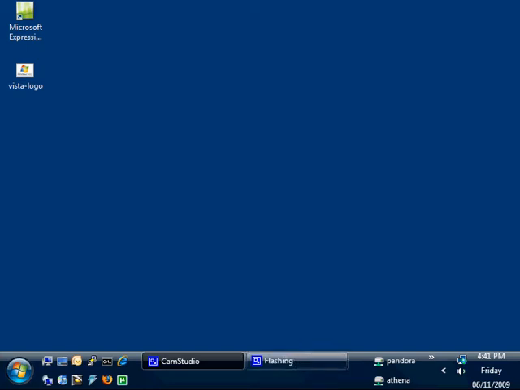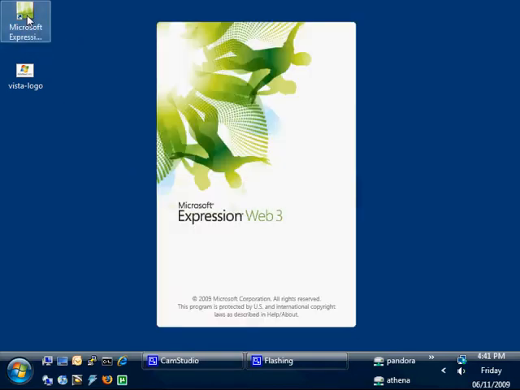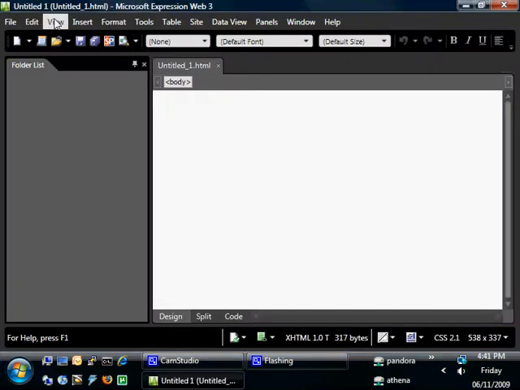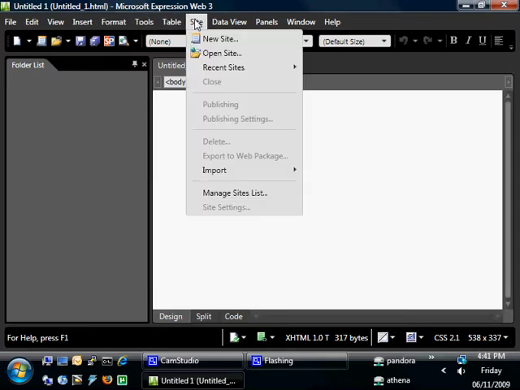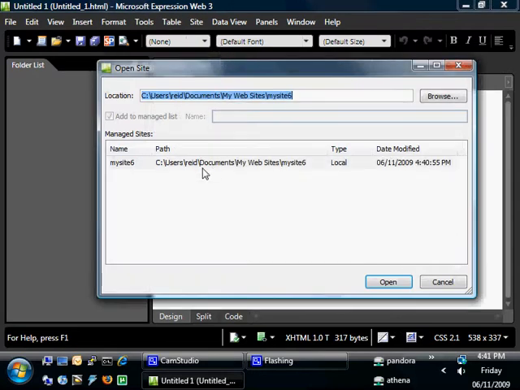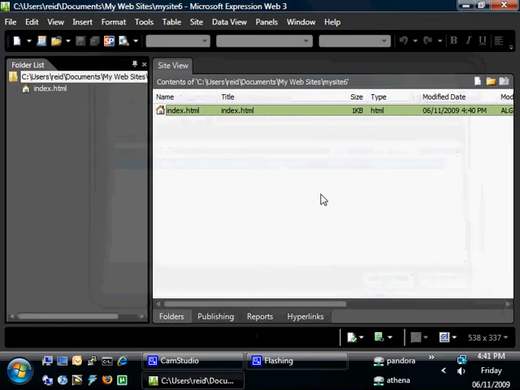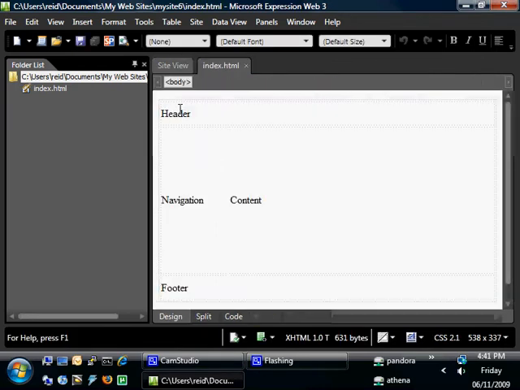This demonstration is a continuation of the last demonstration in which we created a basic layout of our first website. So let's open up that site that we just created by clicking on the Site menu, click Open Site, and if it's not showing up in this list here, we're going to have to browse by clicking the Browse button to find where you saved your site to. So it may be on your student drive. So let's open up the site we just created, and we click on the index.html and we have our basic